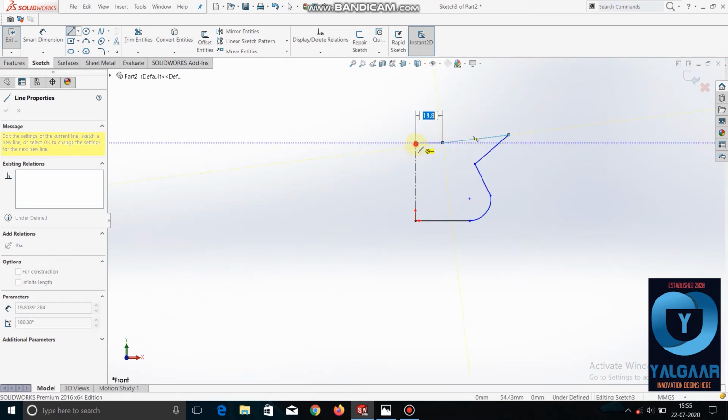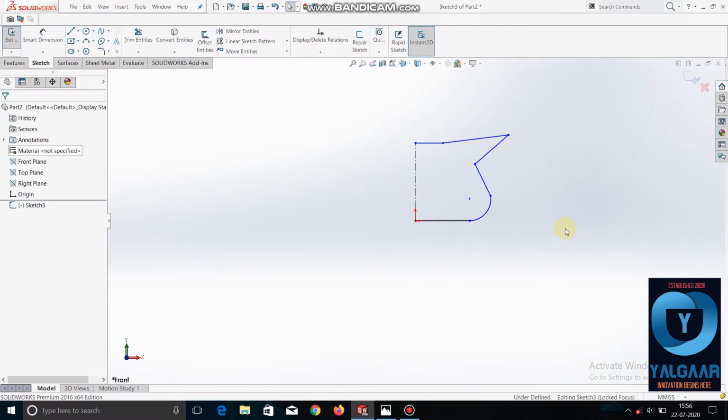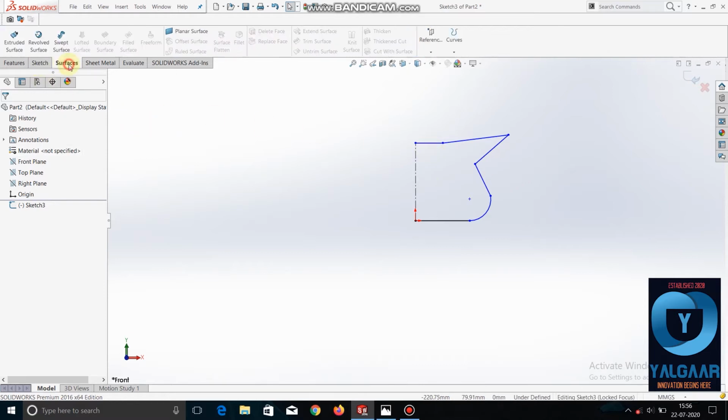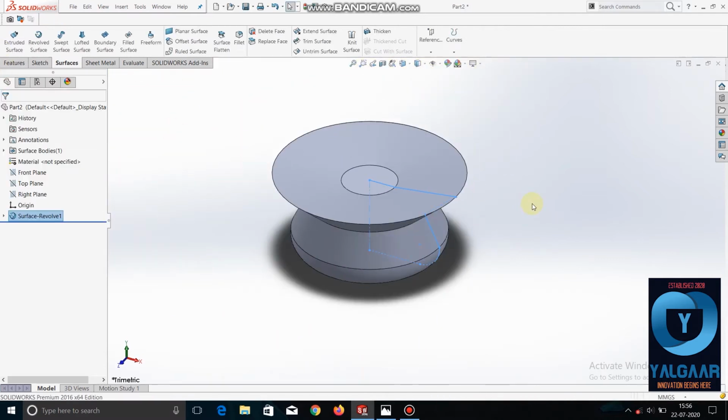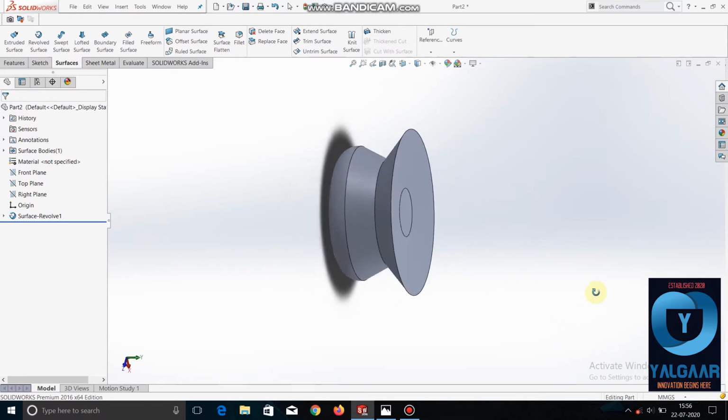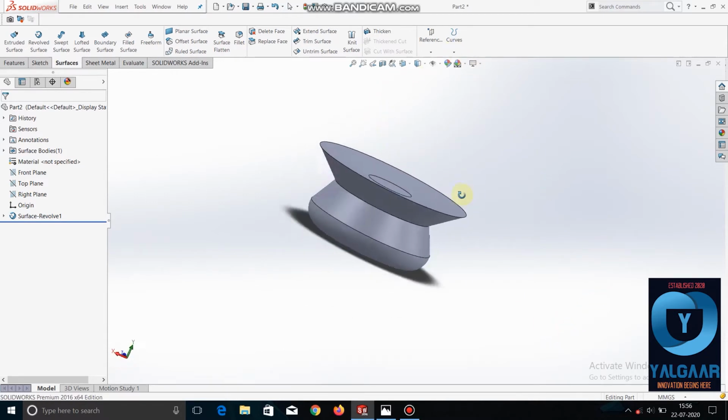Suppose we have drawn this shape, any shape. Now we will revolve this in surfacing. So this has got revolved. Now see how it has revolved, and it is not thick but closed.